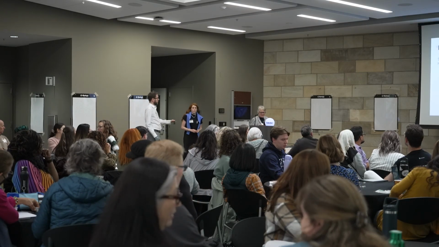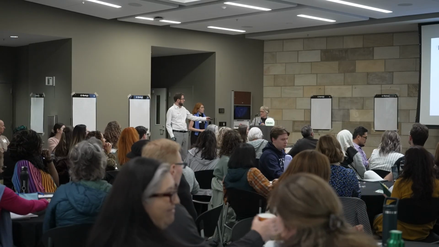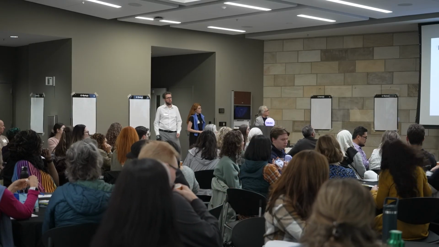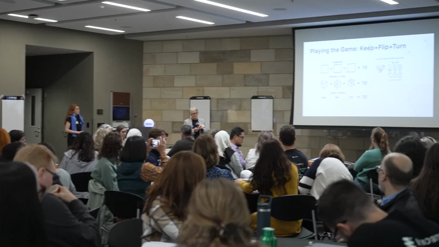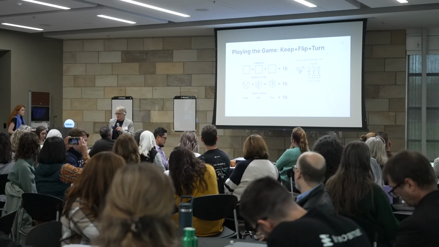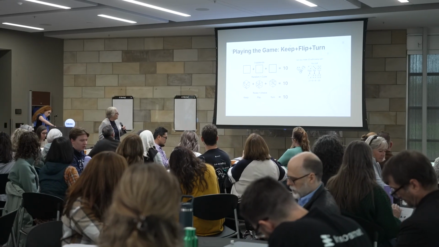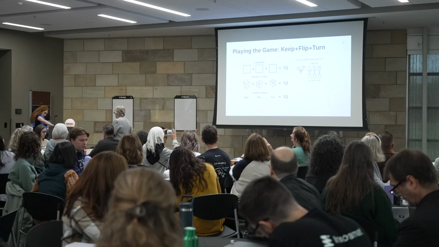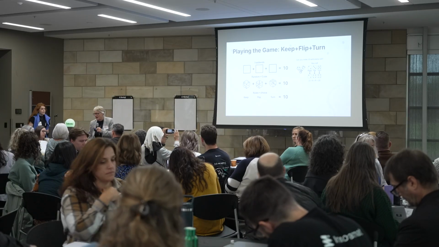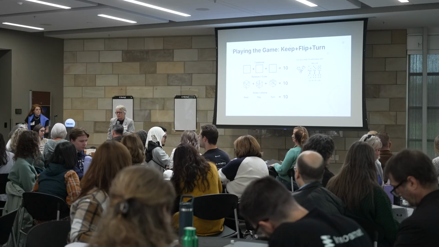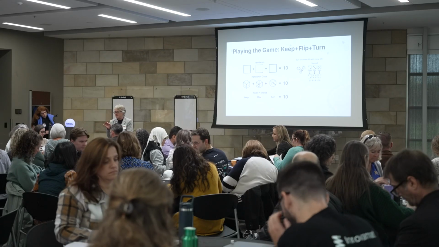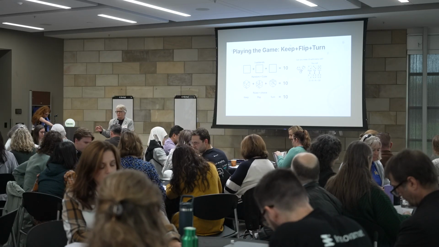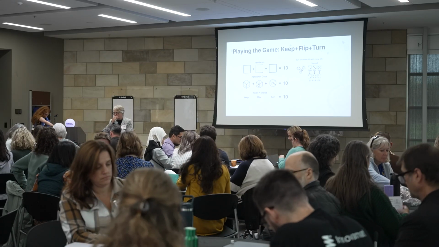Okay, so we need to get to the game. Okay, so we're going to play a game. I call this Keep, Flip, Turn. In its origin, I designed it for 3rd graders, and then something magical happened. We'll talk about that maybe. There's also a handout for this. I'm sorry, I don't know if we got that out. Yep, you've got it. Okay, so Keep, Flip, Turn requires 3 dice, but it's better with 6. So you might want to have an elbow partner and grab 6 dice.